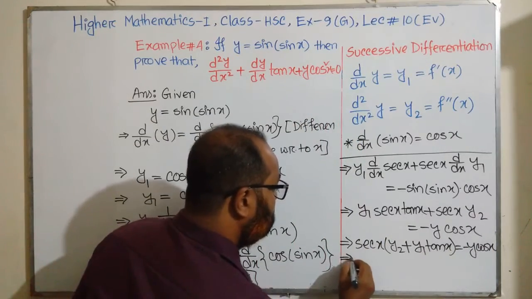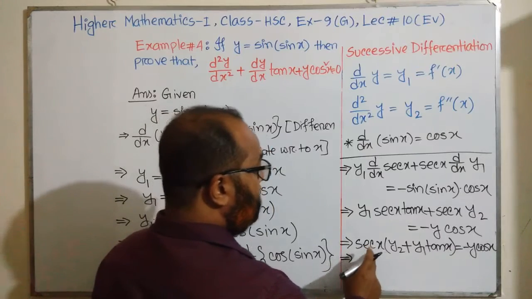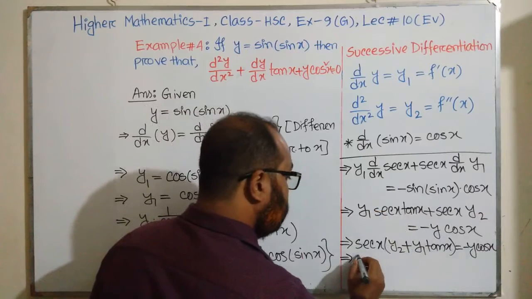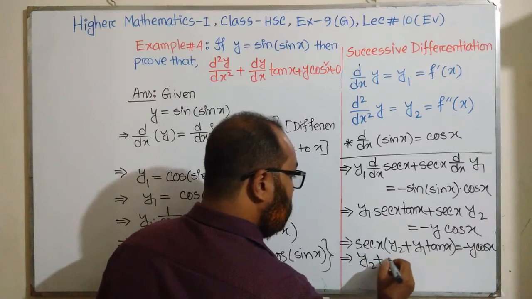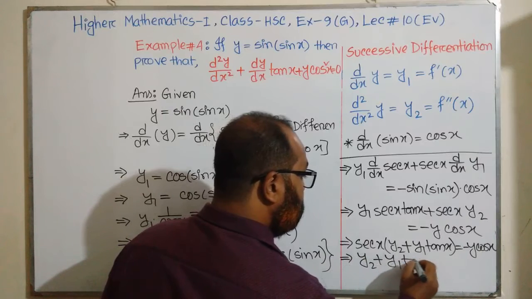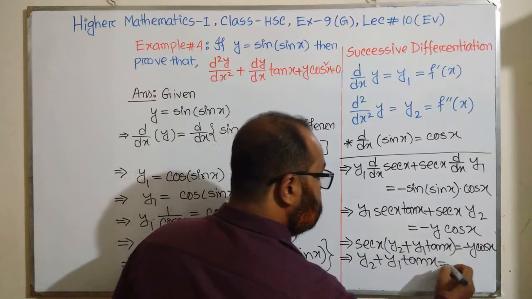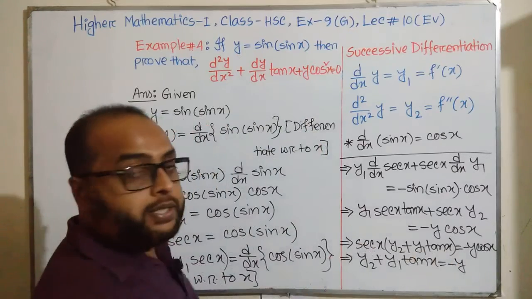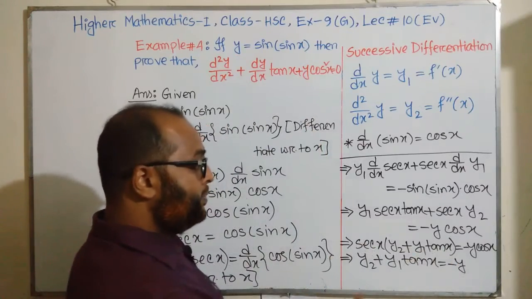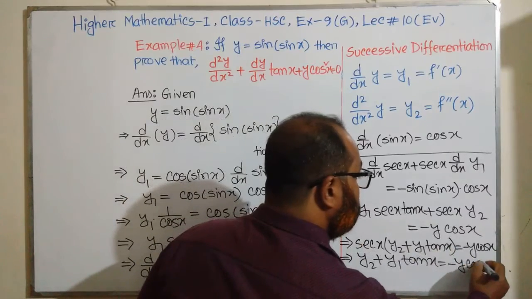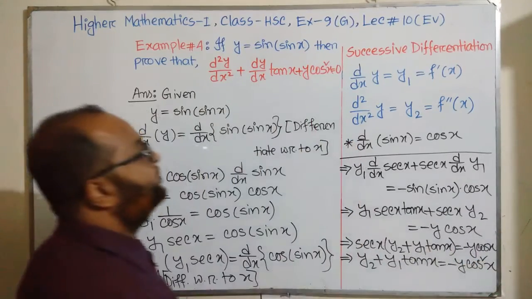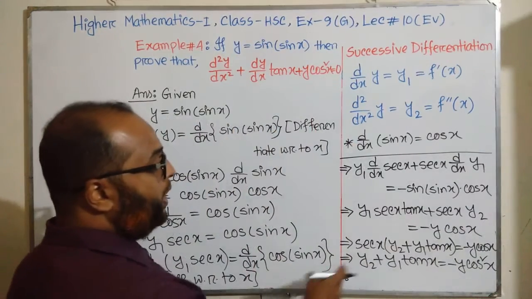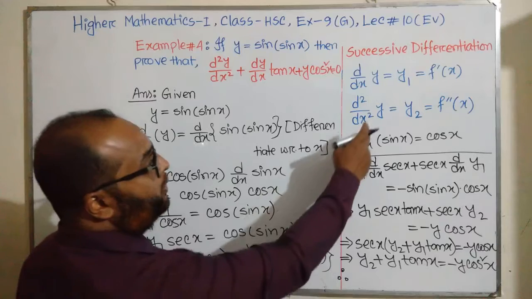or if we send this to the right side, we can write y2 plus y1 tan x, this equal minus y sec x, this equal 1 by cos x, that means y cos square x. Therefore we can write y2 equal this,